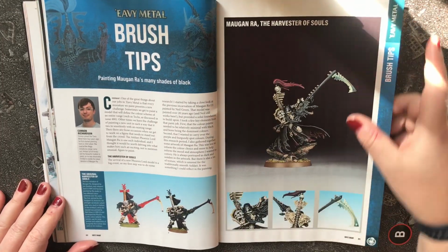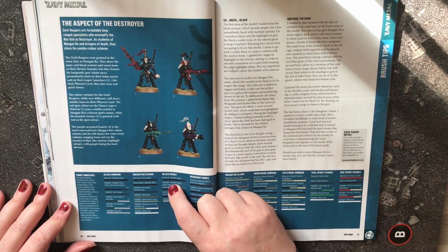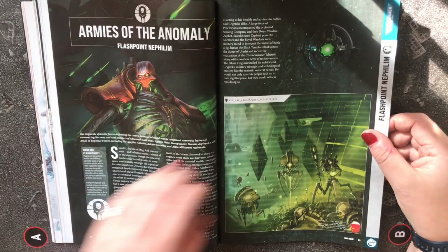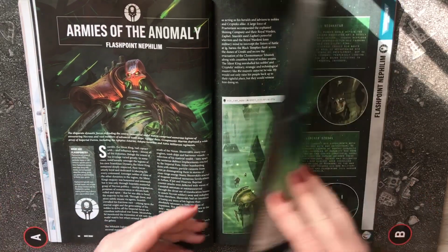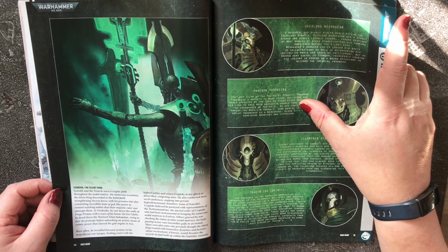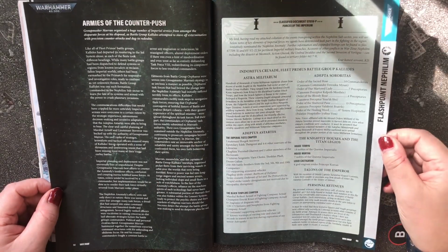Malgan Ra, the Harvester of Souls. Aspect of the Destroyer, Dark Reapers, some of their older sculpts and newer sculpts. Armies of the Anomaly, Flashpoint Nephilim. So here we are, Necrons, information, Zarak the Silent King. We've got Overlord Neshkafar, Pharaon Vordreska, Illuminor Xeras, and Trazan the Infinite. Armies of the Counter Push,